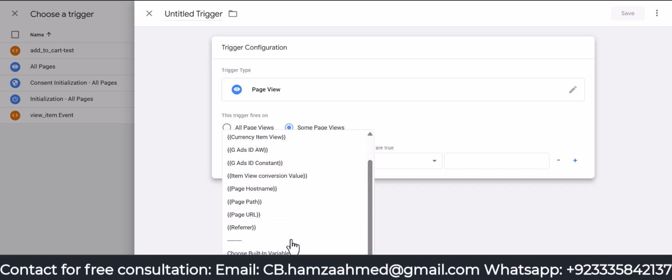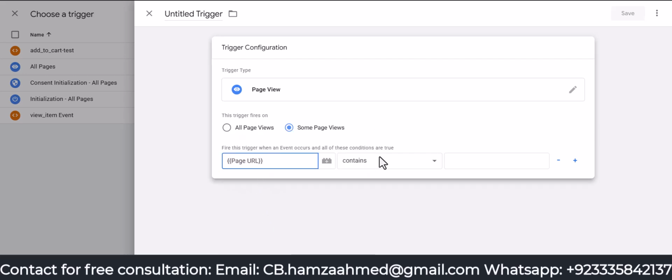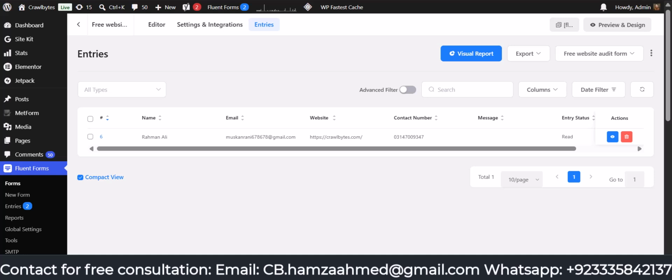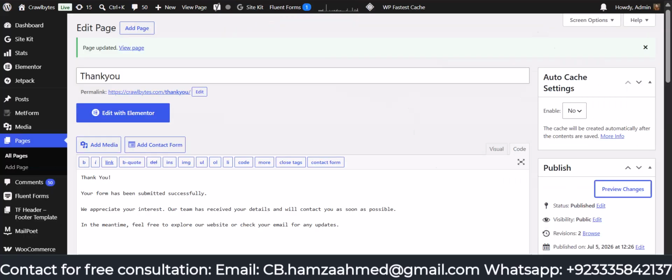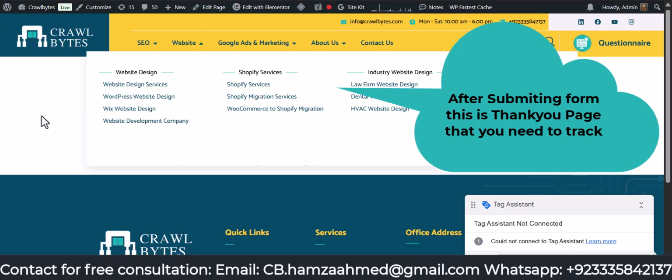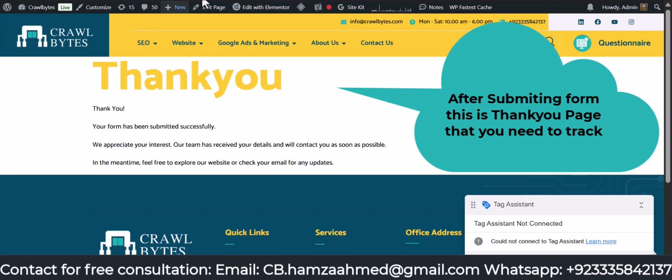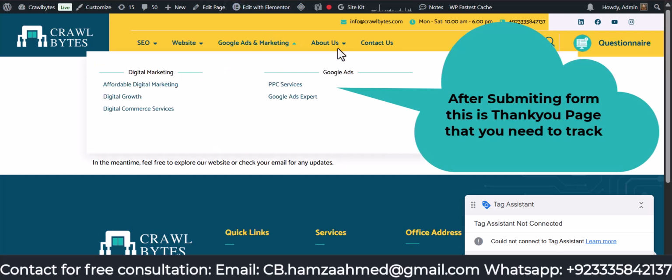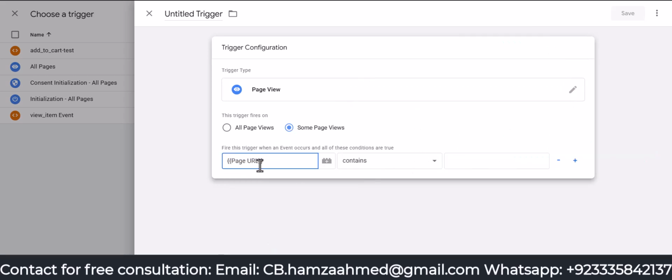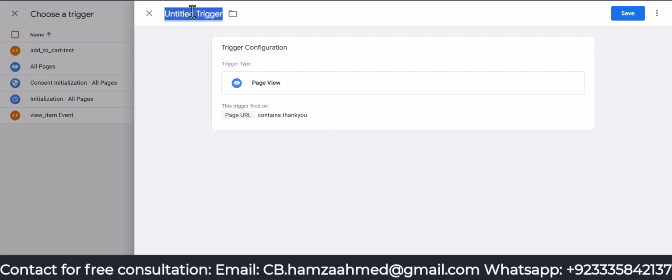And in that, what we need is a page URL that contains thank you basically. After the redirection, we are on, suppose, where is our contact page? This is our contact page, and this is our URL. Our URL is basically a thank you. So what we need to do is select a page URL that contains thank you, and this is a thank you